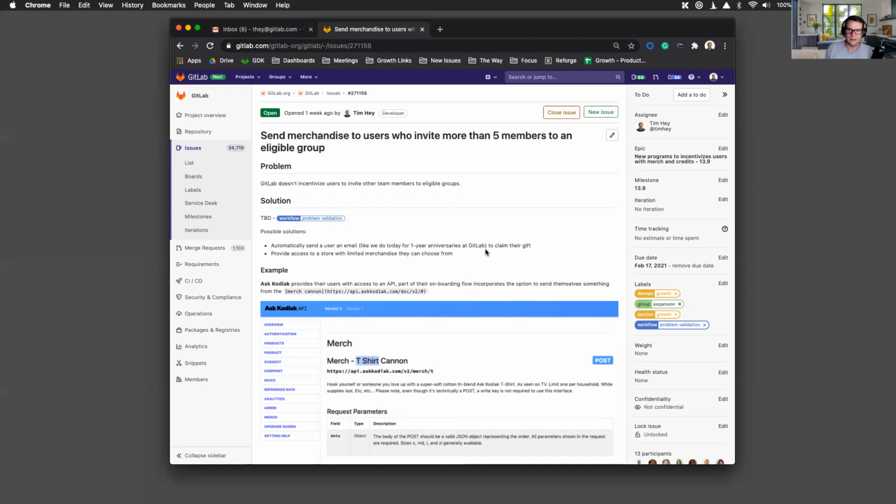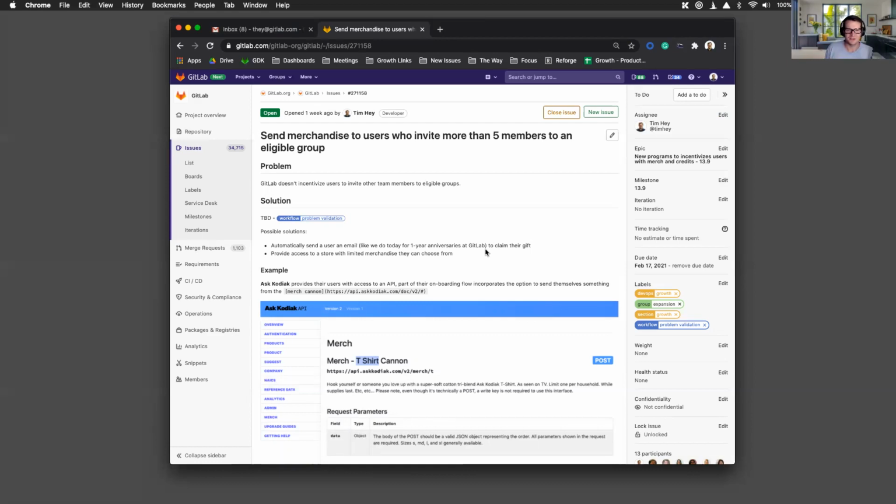I would consider it a program because we would have to set up the ability for a user to identify a product that they would want to have shipped to themselves. A good example of this was from a company called Ask Kodiak. They have an API offering, and part of the onboarding solution for them is you actually have to send yourself a t-shirt through their API.